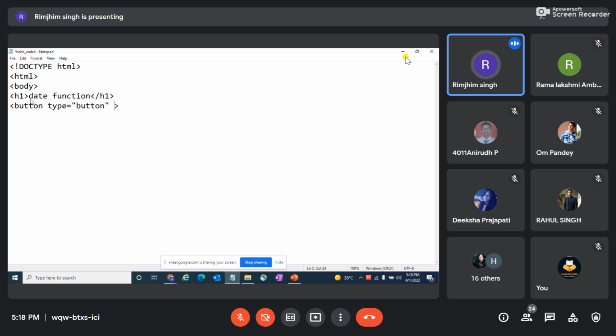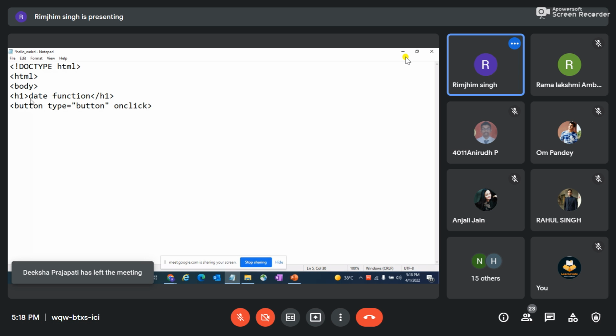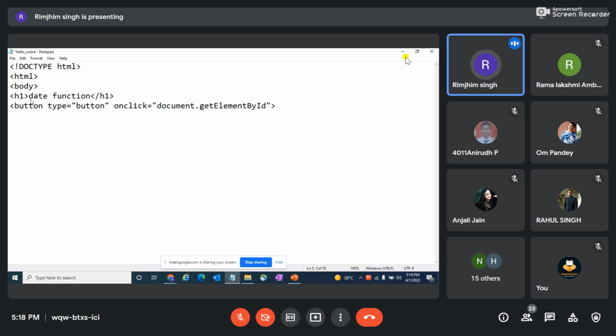Okay. So space on click is equal to, and what I'm writing here, class, is document.getElementById. I'll tell you what this is. G is small, E is caps, Element, here B is capital, By, I is again capital, and then d is small.